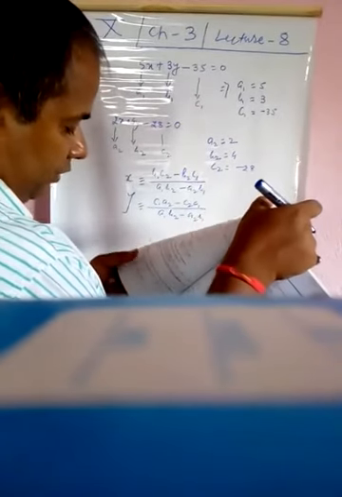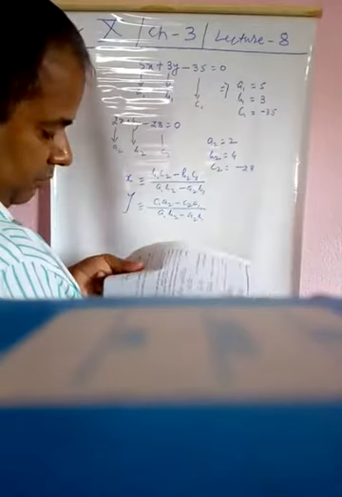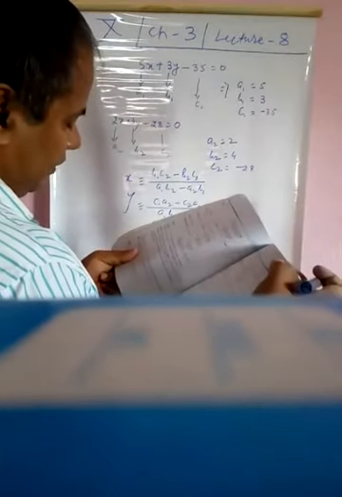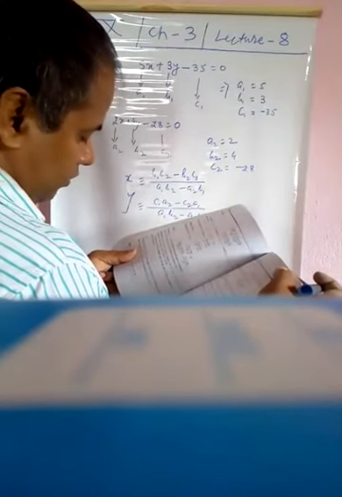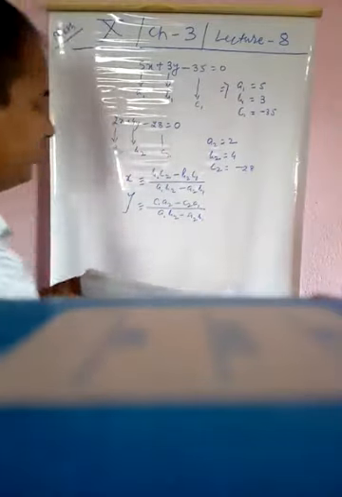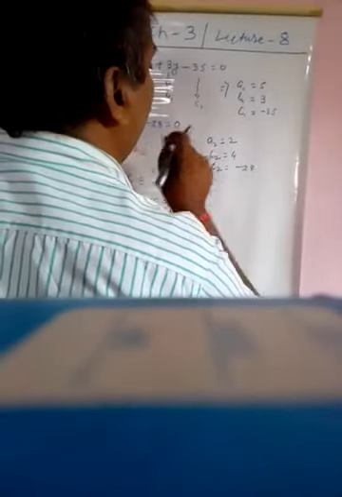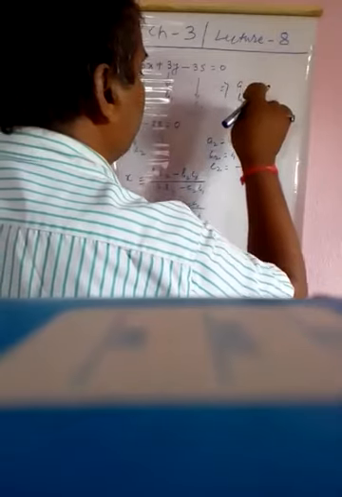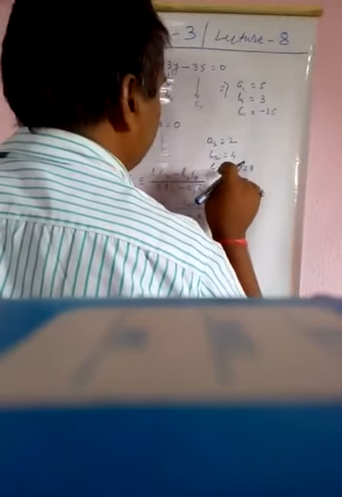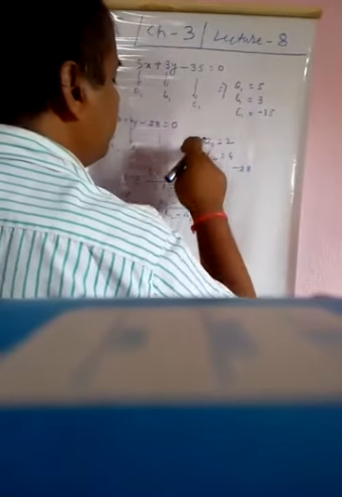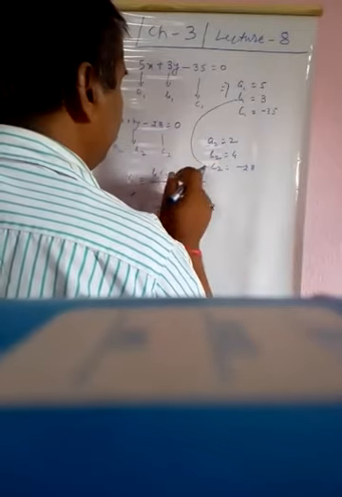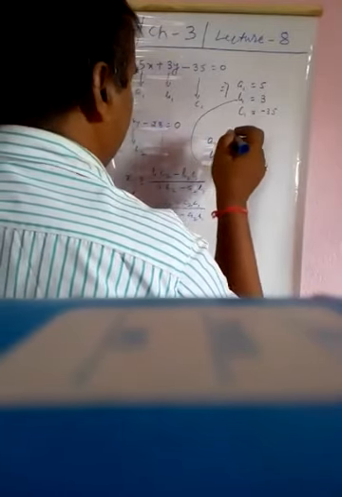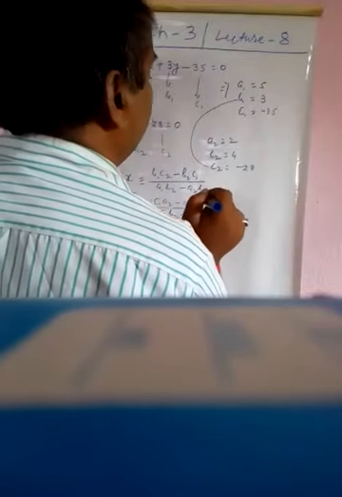Also remember the verification: the cost of 5 oranges and the cost of 3 apples is rupees 20 plus 15 is equal to 35, and the cost of 2 oranges and the cost of 4 apples is rupees 8 plus rupees 20 is equal to 28. So this is the solution. So here when you put the values, a1, b1, c1 will be there, and a2, b2, c2 will be there. Then you have to multiply b1 c2 first, and on this side b2 c1, and then downside a1 and b2 will be there.